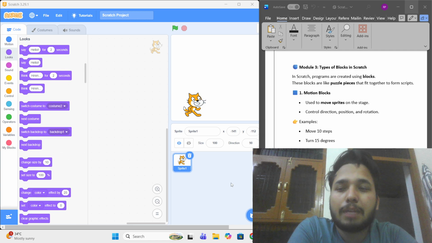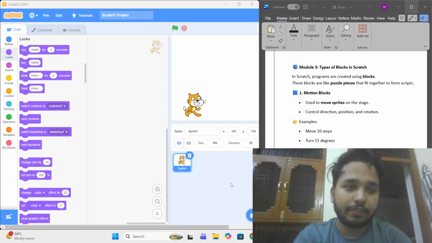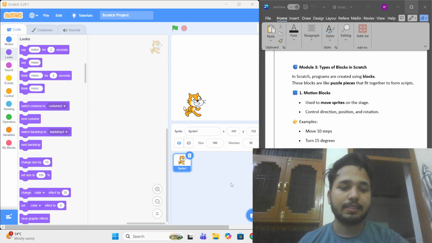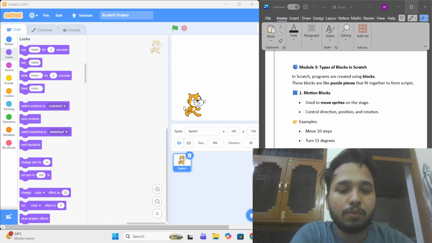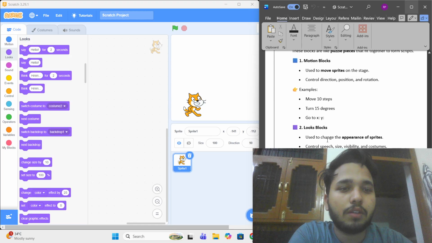There are various types of blocks, that is motion blocks, looks blocks, sound, events, etc. So let's discuss one by one each of these blocks. So first we have motion blocks. Motion blocks are used to move the